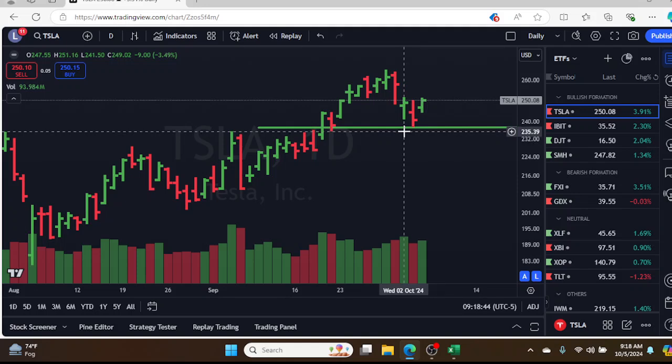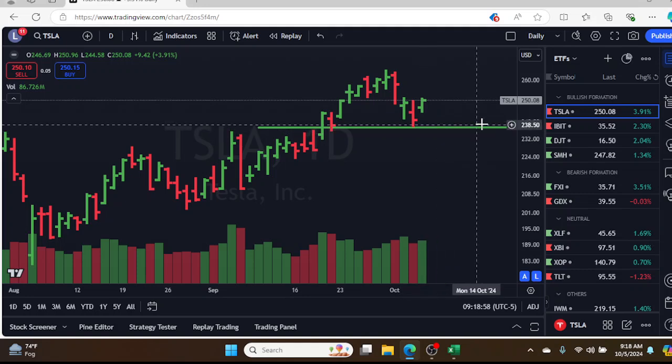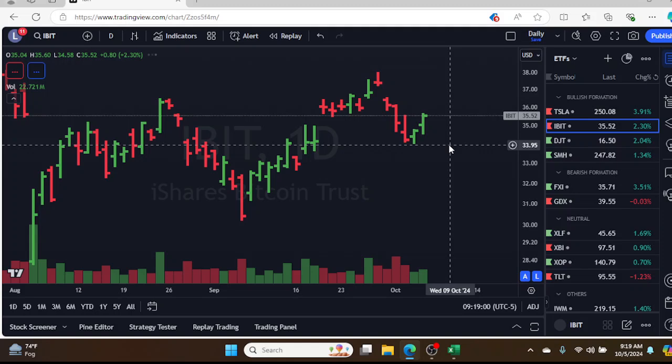It would need to get above, well, actually, it would need to get above this high right here on Monday, and then it would flip. But that's all different components of the model. I'm just looking at a high-level look at the markets right now. I'm not going to get into the details of the model at this point, but IBIT, which is Bitcoin, also